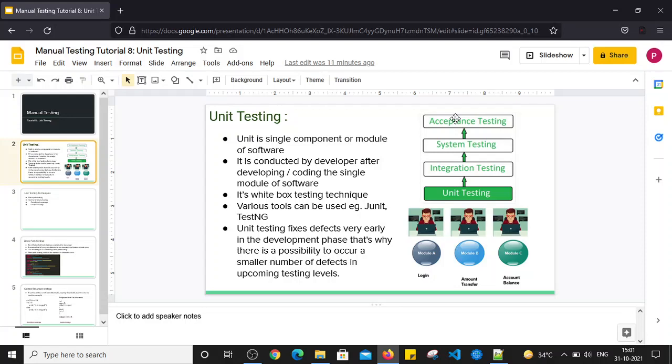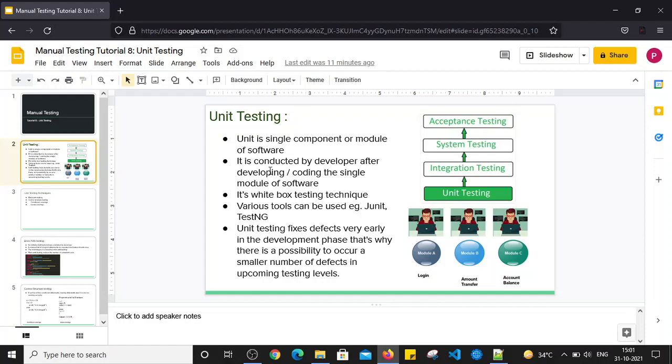Because of that, there is a smaller number of issues in further stages of testing, because most of the issues will be fixed during the unit testing process. That is the main benefit of unit testing.